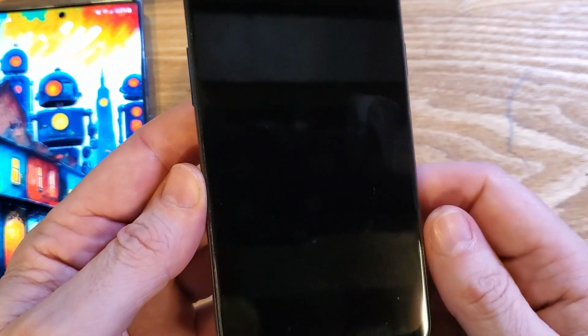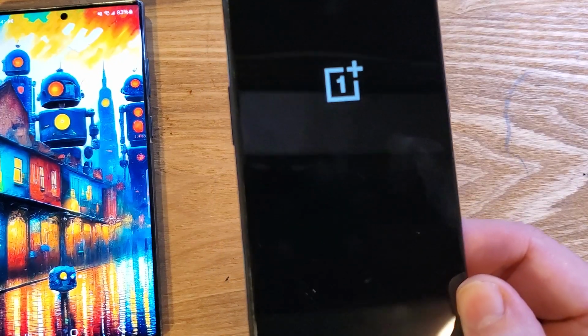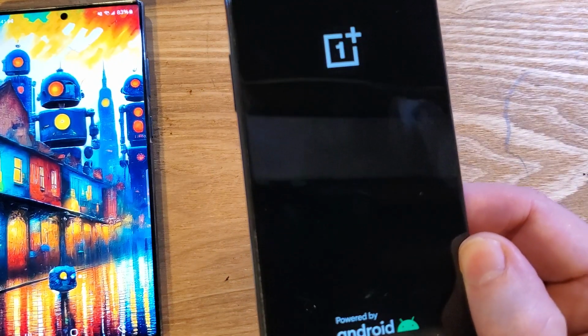And now it'll reboot. It'll take a few minutes, but that is how you factory reset, hard reset, clean and wipe. Once again, this is the OnePlus Nord